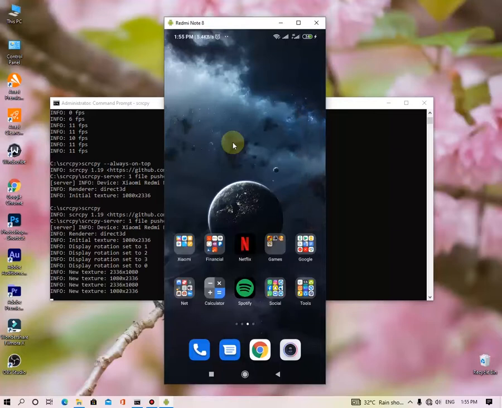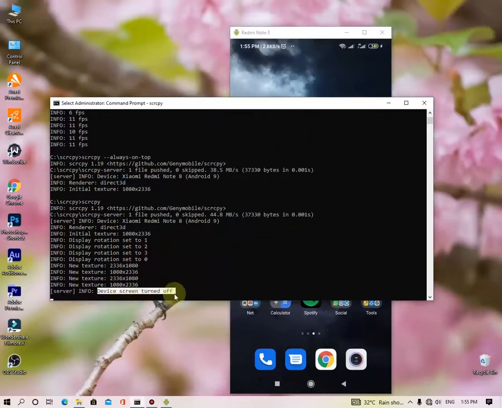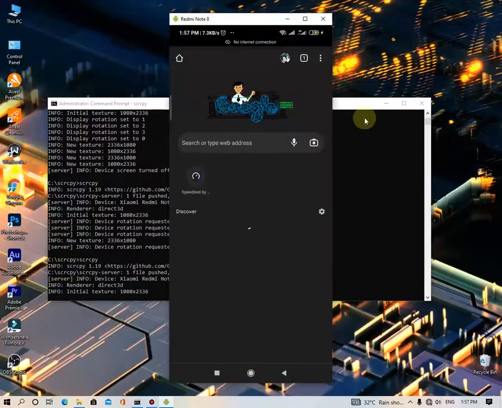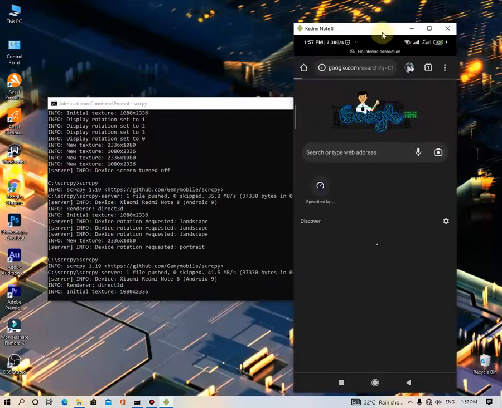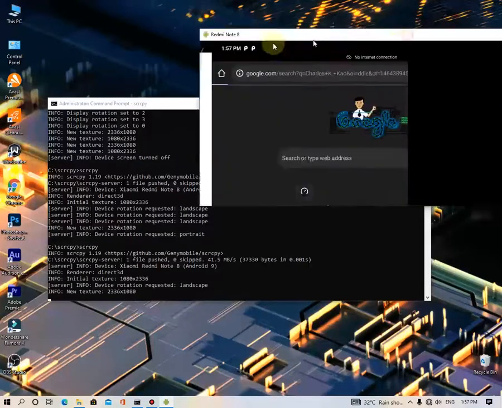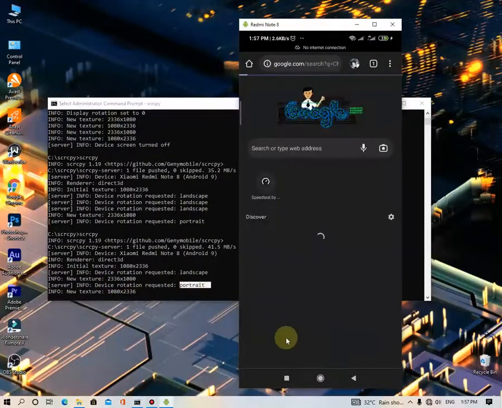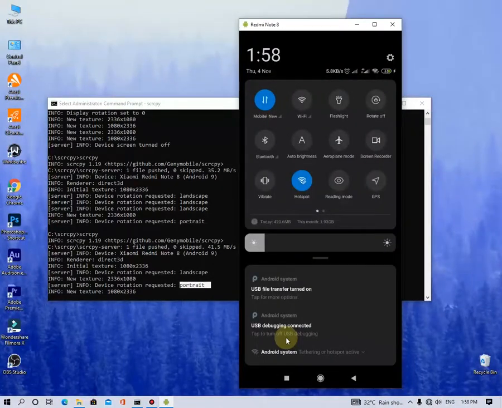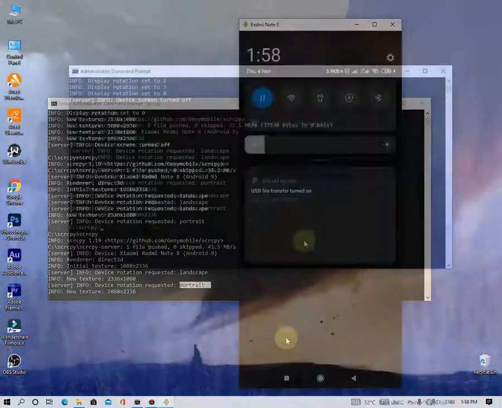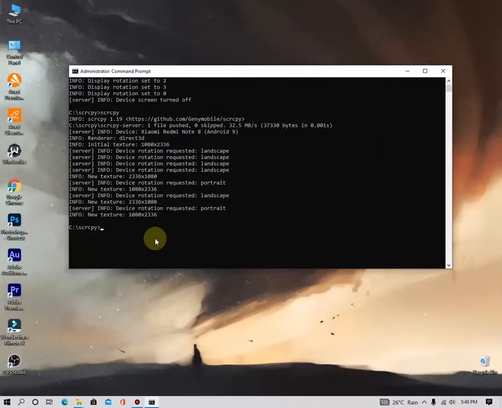To turn off your screen while mirroring, but mirroring is still in progress in the background, just click Alt plus O. To rotate your phone, use this key. If you don't want to rotate your phone and put it in landscape, just click Alt plus R and you can rotate your phone very easily. To go to the notification panel, click Alt plus N, and to roll back the notification panel again, just click Alt Shift plus N. I know you cannot remember all of these things, therefore just remember this little code.